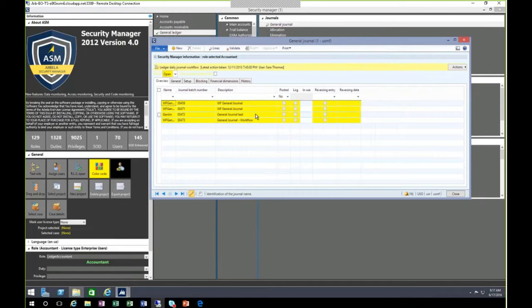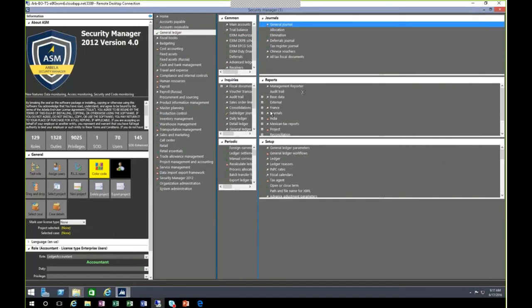This is a parameter. We could set it up if it's too harsh for your eyes or if you're colorblind. We can change the colors, right? And then I can visualize the security. I can actually change it from here, right, if I wanted to. And every change in the security is going to affect whatever role I have loaded. I can also make changes directly to a privilege or a duty in terms of security from here.